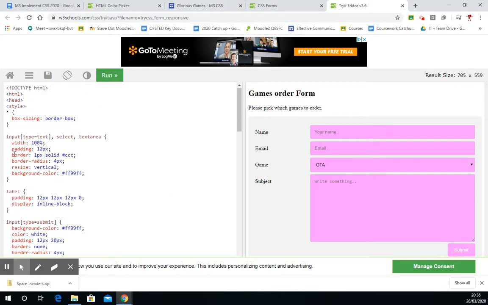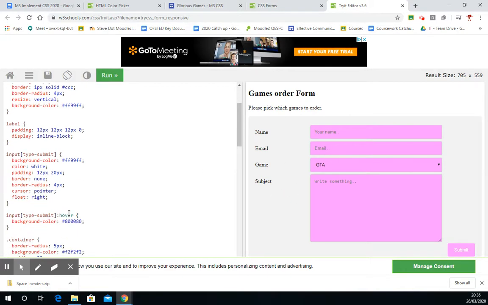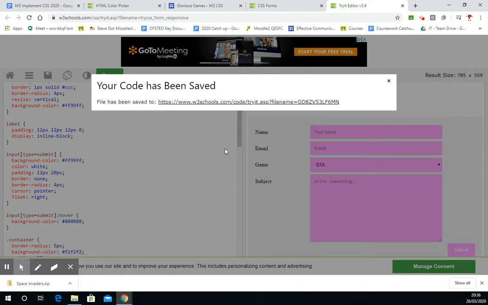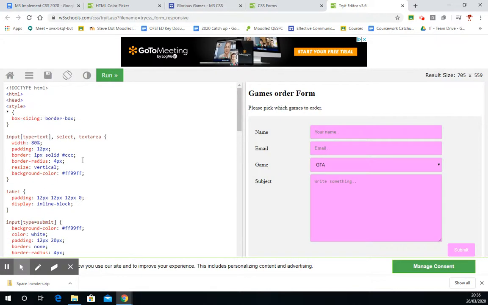And you can have a go at changing any of these ones here, changing the border, etc., and the padding. So for example, if I change the width there to 80%, let's say, you can just have a little experiment and see what looks nice. I've changed the size of those ones there. Okay. Now, when you're happy with your form, all you need to do then is click on Save. That link goes on your website. What you also need to do is click Control A to select all,